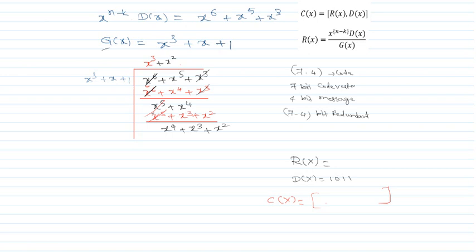So next what we have to do, again here x to the power 4 is there, here x to the power 3 is there. I have to multiply this equation with an x. So I'll get here x cube into x, that is x to the power 4, plus x into x, that is x square, plus 1 into x, that is x.